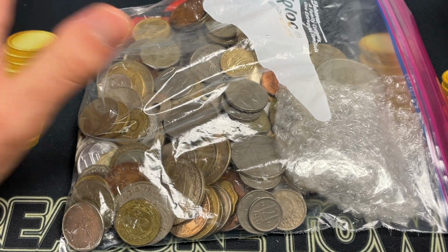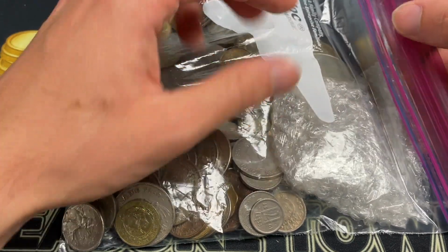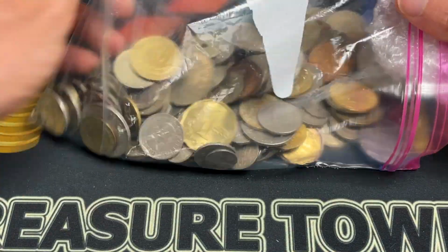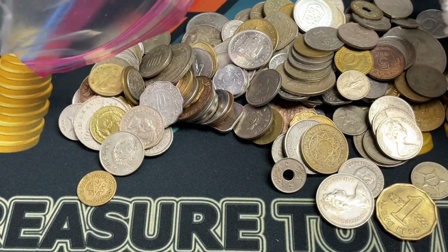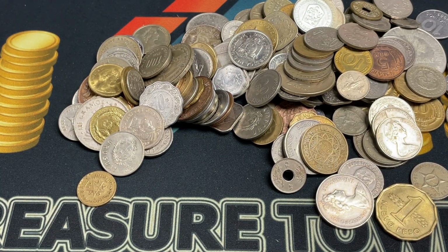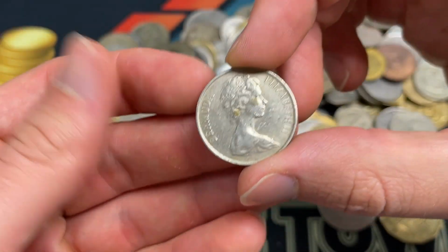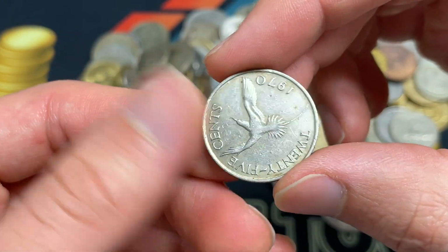Like I do with the world coin hunts, I'm just going to pour it out and start hunting, except I'm not going to pause a ton for history. I'm going to do this more from a dealer evaluation perspective and how I'm thinking about some of these coins. So, I have to look this up, and I could be wrong, but I think that